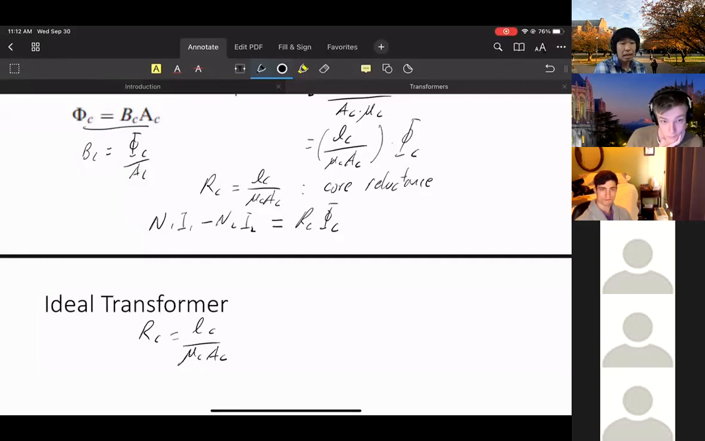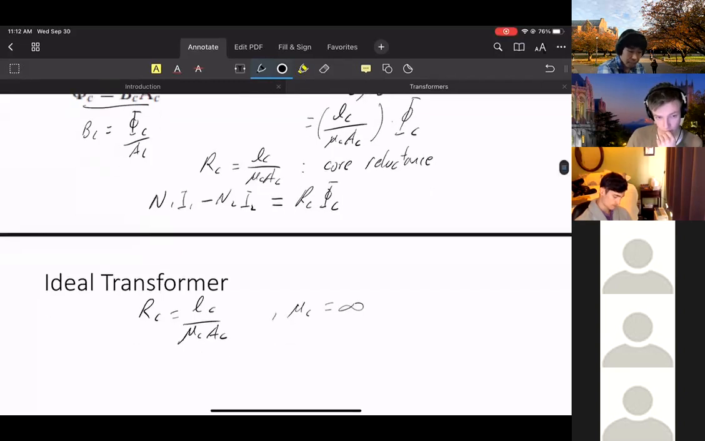Infinity, right? An ideal transformer means I have a perfect conductor as the core. So my core can allow current or field flow with no resistance, with no reluctance at all. So in an ideal transformer, mu C is infinity. That's infinitely permeable, but it doesn't oppose flow at all. So I recover the 3.51 equation,